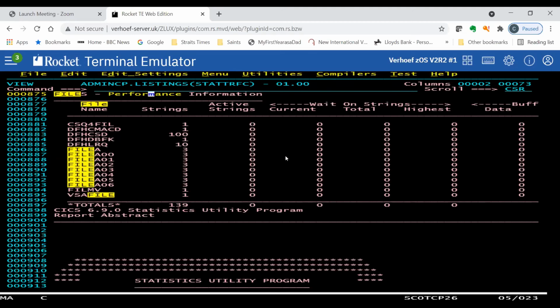But in LSR, I don't have a report of that, but it will give me the look-asides. The look-asides is how much, in percentage terms, I found the record in the LSR buffer pool rather than actually doing a physical IO. In my view, if you're finding the record in the buffer somewhere around 85 to 90% of the time, then you're doing very well. It means more often than not, you're getting that record out of the buffer. You're not going and doing an IO for that. So just something to bear in mind.